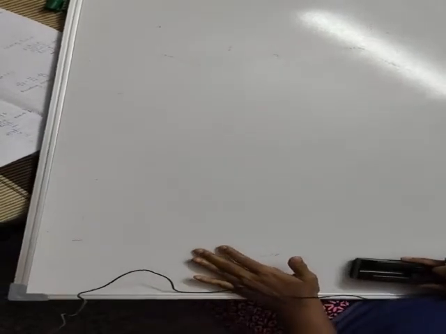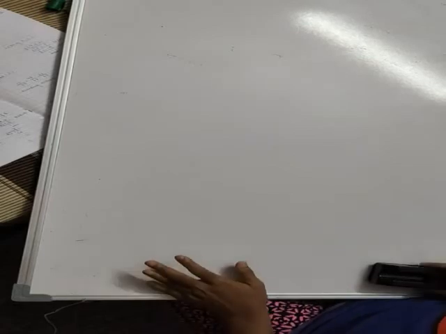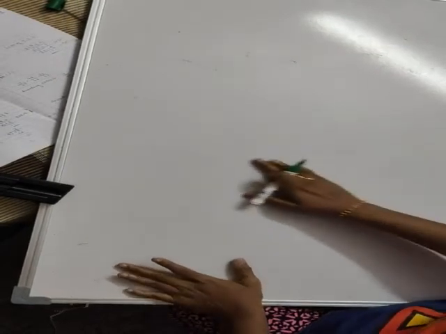Next, ascending or descending. Ascending means smaller to bigger. Descending means bigger to smaller. That you know, no? Yes. In your notes, I have given one more method, step by step, how to get the LCM, and another method to directly write the LCM. So whichever method is okay for you, that one you follow. There is no restriction that you have to follow this method only. Any method you can follow, but get the answer correctly. That is the condition, that's all.